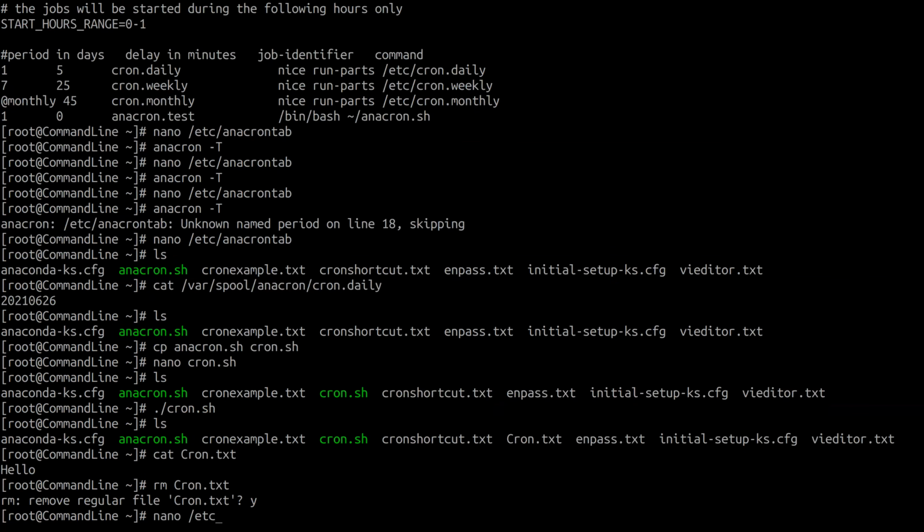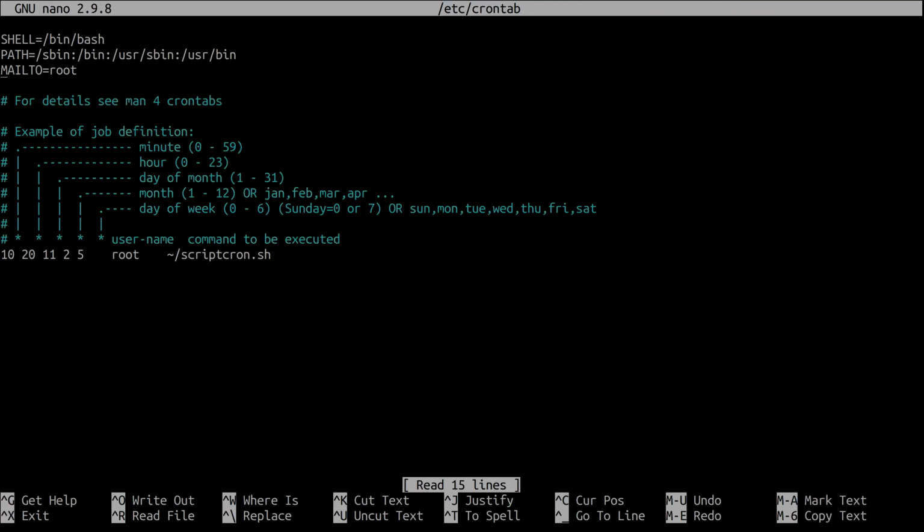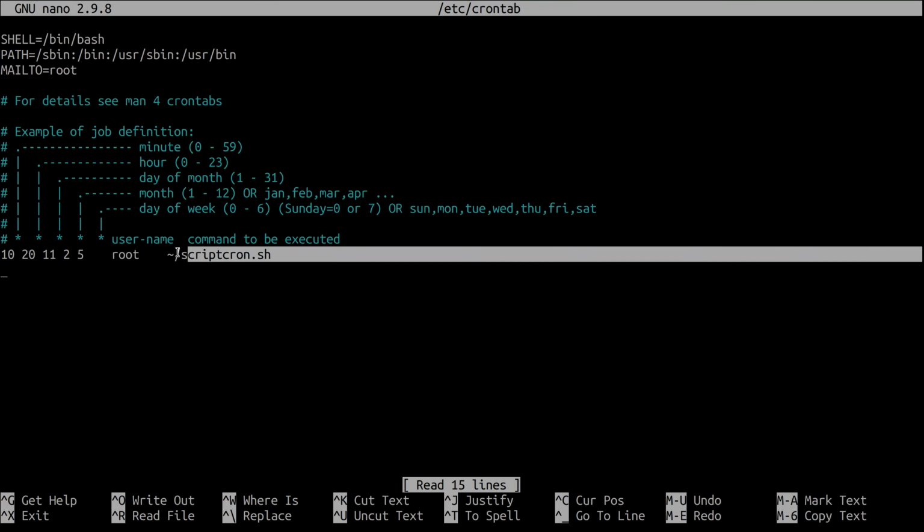And if we go to the crontab file, we will see the syntax of this file. And this is the syntax that we have to follow. So the first is the minute. It should be between 0 and 59 for 60 minutes. This is the hour and should be between 0 and 23, like it mentioned here. This is the day of the month, should be between 1 and 31. And this is the month. So it could be 1, 2, 3, anything between 1 to 12. And this is the day of the week. So it could be between 0 to 6, where 0 is Sunday and 6 is Saturday. And this is the user who is going to run this command. And this is the actual command.